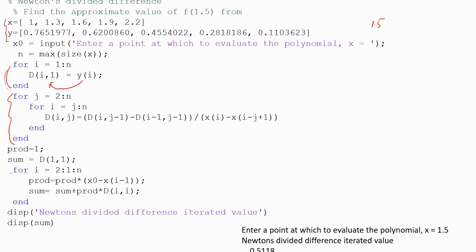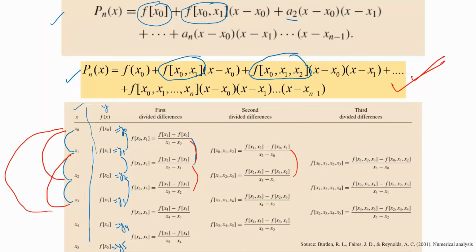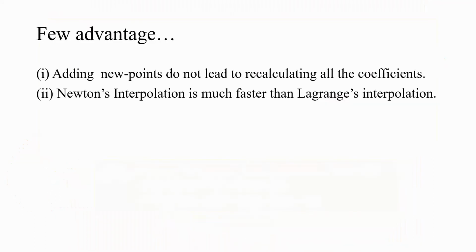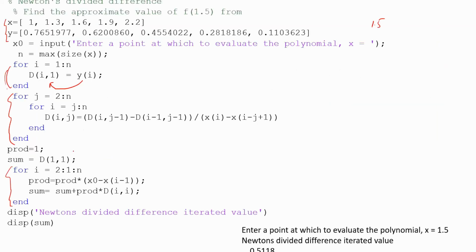And in this portion of the for loop, it is summing up all the things like we saw in this equation. Firstly, it is generating all the a0s, a1s, a2s, and so on, and in the final loop it is summing up everything.